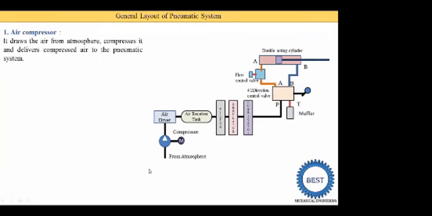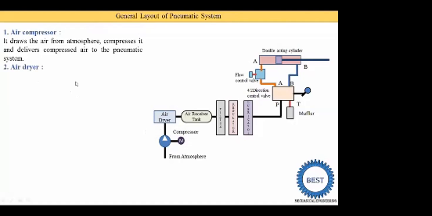So these are fully pneumatic systems. The compressed air is supplied to the pneumatic systems, or you can also write that the compressed air is supplied to the air dryers. For the compression process we require some mechanical energy. It is produced by using prime movers or an electric motor. Then after this, compressed air is supplied to the air dryer.